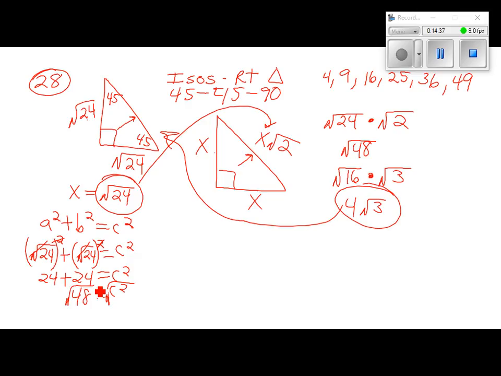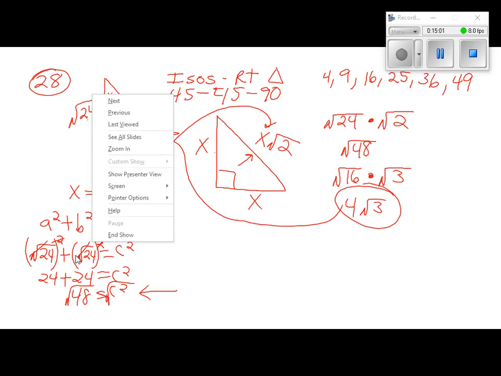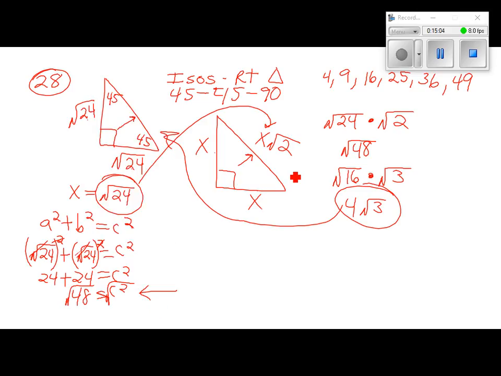Now if, on your paper, you gave me the decimal answer because I didn't specify, probably won't say a whole lot. But know at some point throughout this chapter, I am going to ask you for an exact answer, not just some decimal answer that your calculator gave you. And if you give me this answer on the test, I'll probably just take off 1 point. You get most of the points, but I'll take off 1 because you didn't reduce it. Now on like the ACT test, or the end of year test,